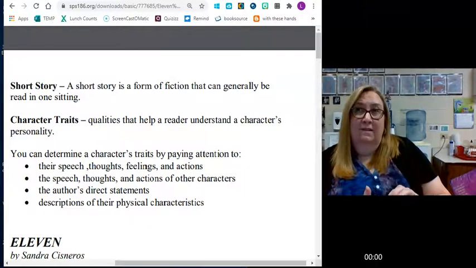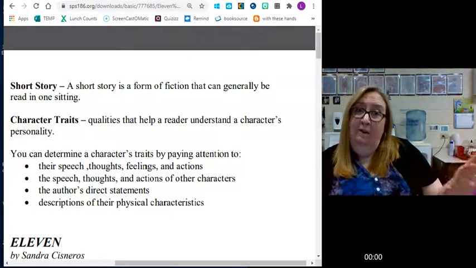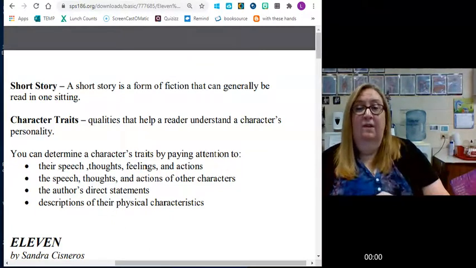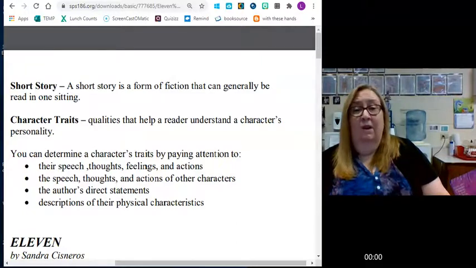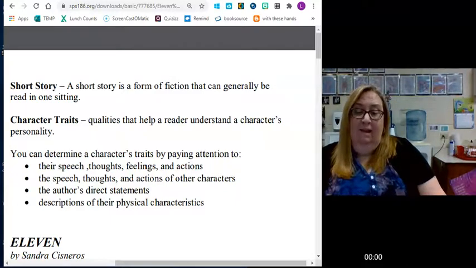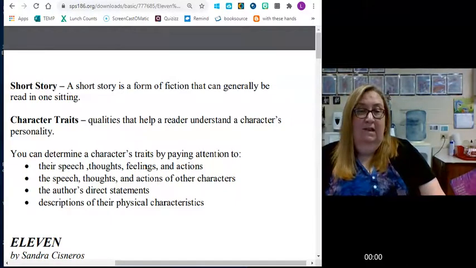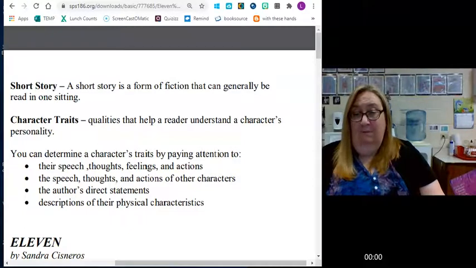Even the things that other characters in the story say or think or do help us know about their character, but also about the other characters. Sometimes the author comes right out and tells you something about a character because you need to know. Or they can spend the time in their writing describing what the character looks like, which is super helpful, I think, for when, I don't know about you, but when I'm reading a story, especially if I'm really into it,